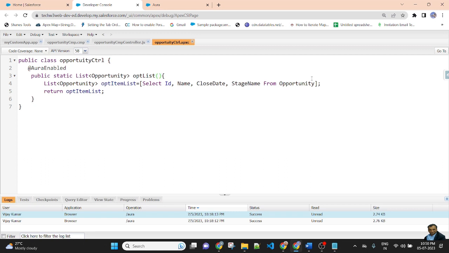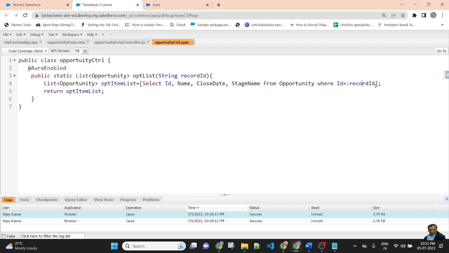Here I will pass a parameter, string recordId. This recordId will be used in the query: from Opportunity where Id equal to colon, and then the parameter. Here I am passing the parameter Id equal to colon. After the colon, that means it is a parameter. Then save the file.